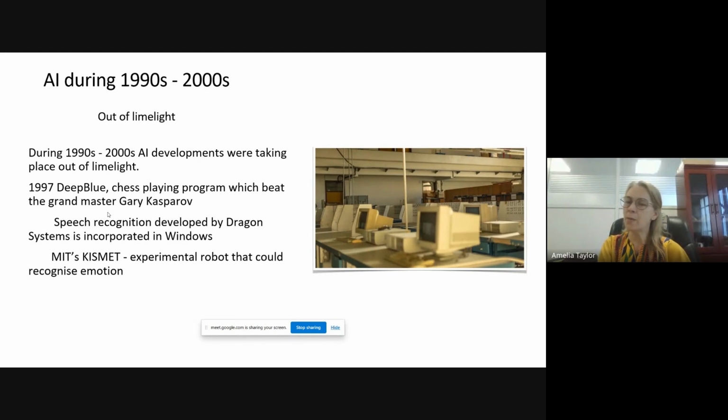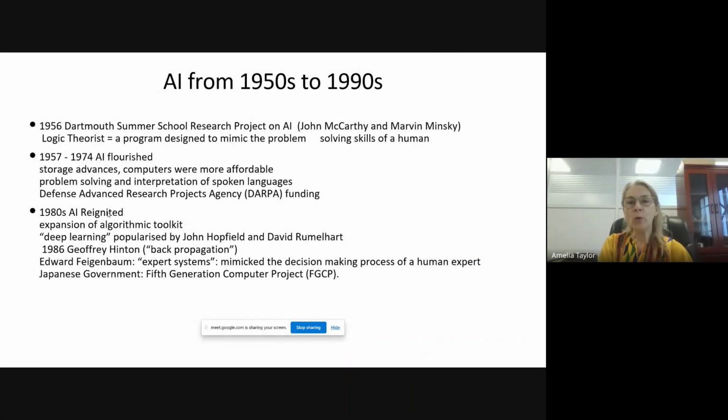Now, during that time, AI wasn't receiving a lot of funding, as I said, government funding. It was mainly projects that were taking place by different corporations. Before that,